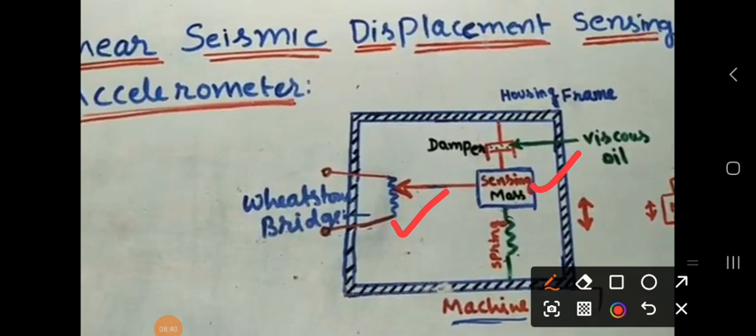Here we are taking one resistance. The resistance changes with the displacement. We are using the Wheatstone bridge for finding the displacement, so the resistance will be changing with the displacement. These will be connected to the